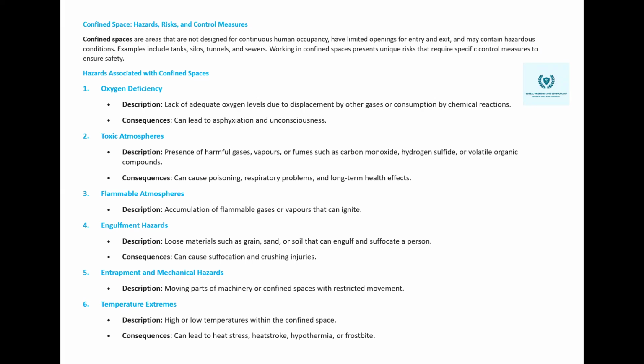Oxygen deficiency may be in that confined space. The oxygen is not sufficiently available for the people to breathe. So oxygen deficiency is one of the hazards. The consequences can lead to asphyxiation and unconsciousness. Then toxic atmosphere, presence of harmful gases and vapors like H2S, CO2, or other gases which can harm the people. It can also lead to poisoning, or people can faint, they can have serious health effects because of